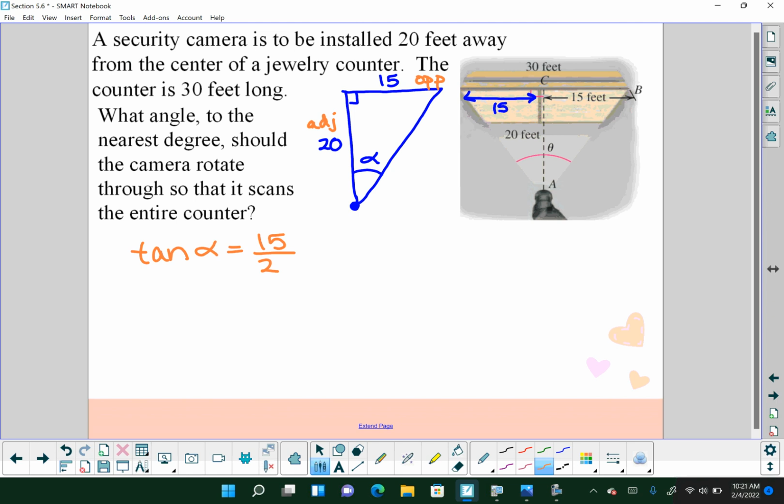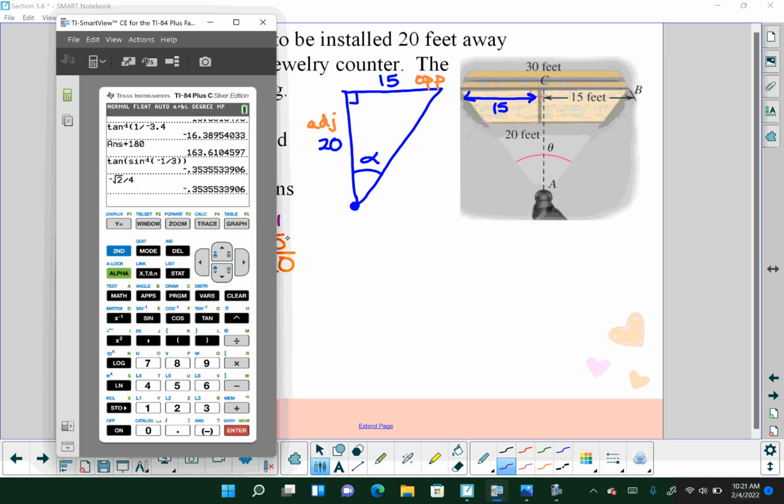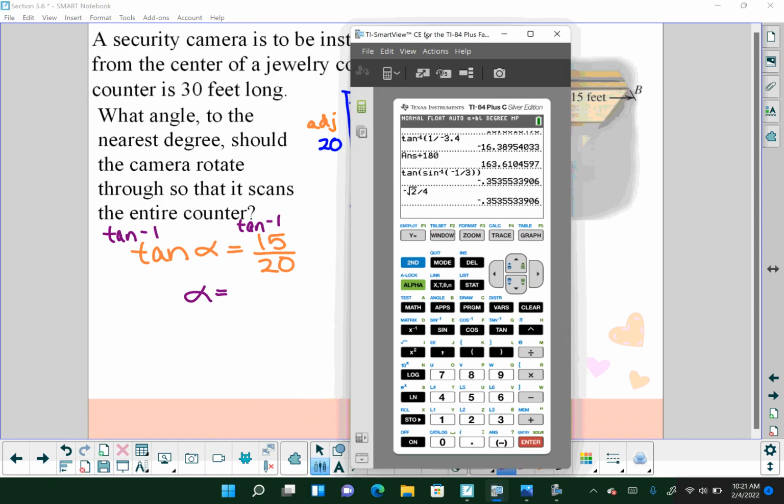opposite over adjacent. And now, if we want to cancel out a tangent, we know what can do that is an inverse tangent. And for our purposes, everything we're going to do is in quadrant 1, so we don't have to worry about any values not working here when we do these in our calculator. So what we need to do is the inverse tangent of 15/20. And your calculator needs to be in degree mode. We are still in degree mode from earlier. So I'm going to hit second tangent 15 over 20. And I get, I'll give it one decimal place,